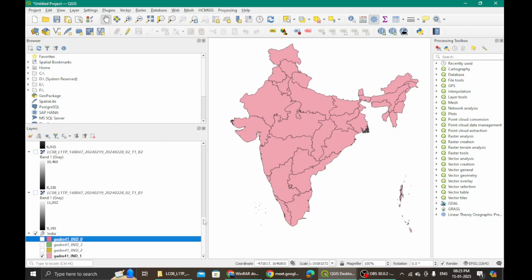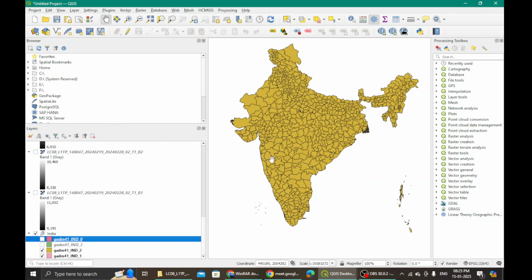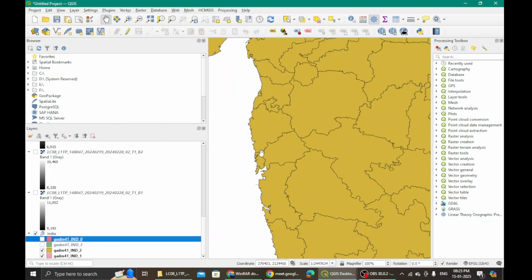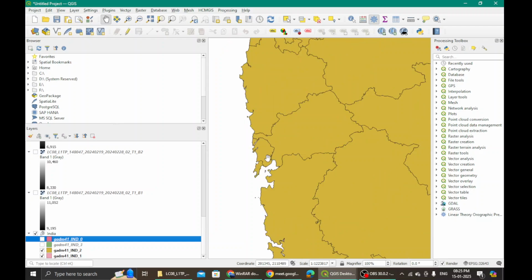Now what do? I am interested in showing this, right? But along with that, I also want to show Mumbai, isn't it? And Mumbai is essentially a district, isn't it? Mayura, am I right? Yes, it's a district. So now what do? I see that this seems to be the Mumbai area. So I come here. Do you see this tool? Select features by. So I take this such that it glows gray. And then I click on this Mumbai region. Okay. Just click on this Mumbai region.